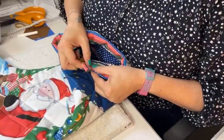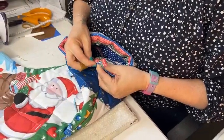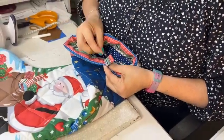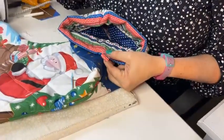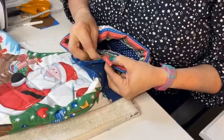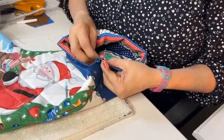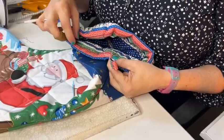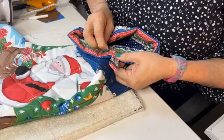So I've just folded that seam under so you haven't got a raw edge. And then hand stitch that little loop on. So you can hang it on your little hook by the fire